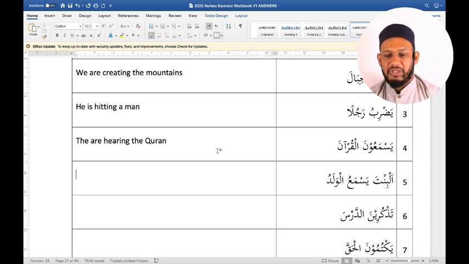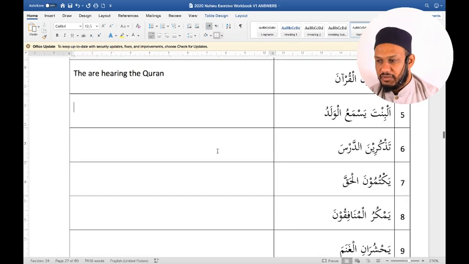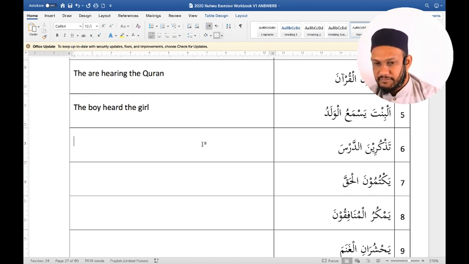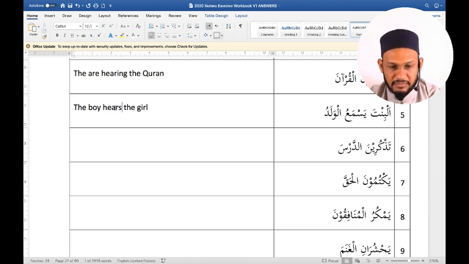Next one. Al-binta yasma'u al-waladu. There's an unusual one here, because I have al-binta coming first, then I have yasma'u, the verb, coming second. So it doesn't matter where I find the verb, I still apply the same rule. I look at the end of yasma'u, nothing there. I look to the left, I see al-waladu. Therefore, al-walad must be the fa'il. So it must be the boy heard. And al-binta will be the maf'ulun bihi, the girl. Not heard, yes. Thank you.